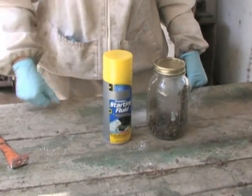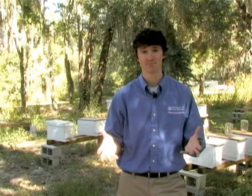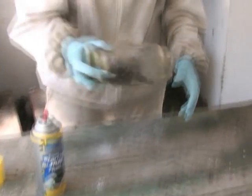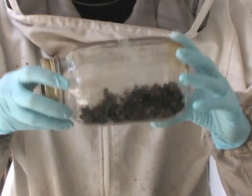You'll then spray ether starter fluid in there with the adult bees. Now the unfortunate thing about this diagnostic tool is that it kills the bees. What you do is you'll put the top back on the jar, you'll shake the jar for about 30 seconds. Following this, you'll slowly turn the jar and count the number of varroa mites that are stuck on the inside